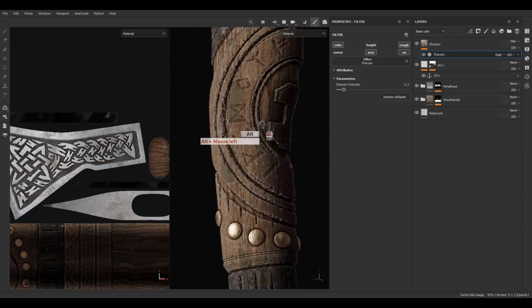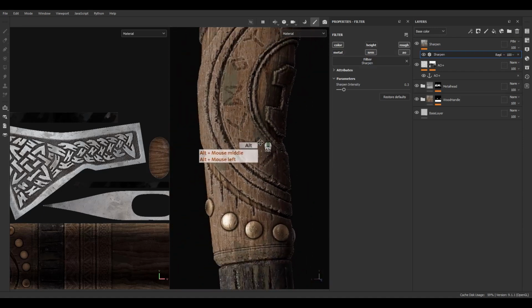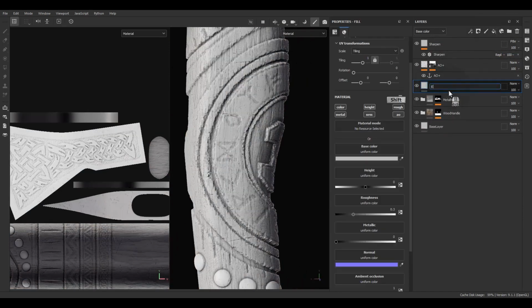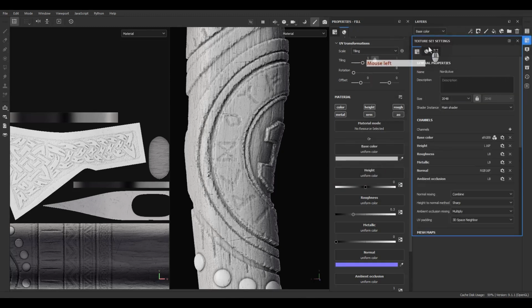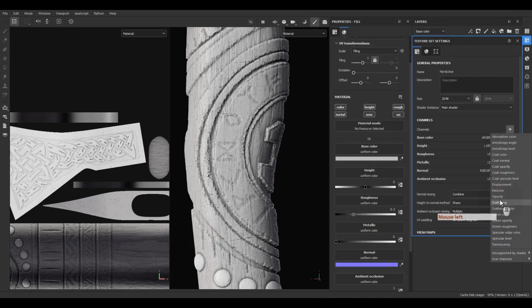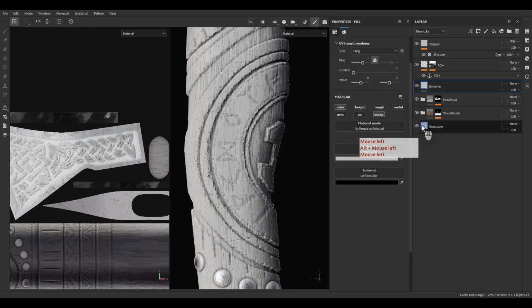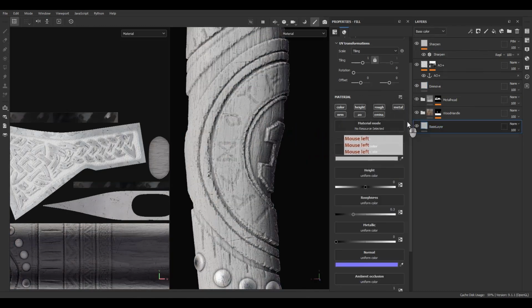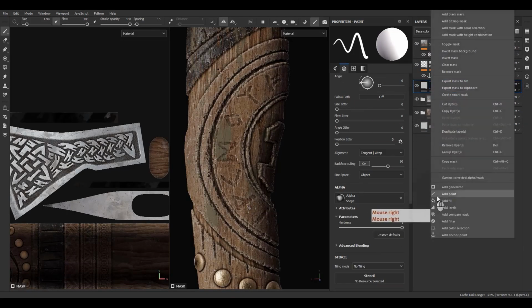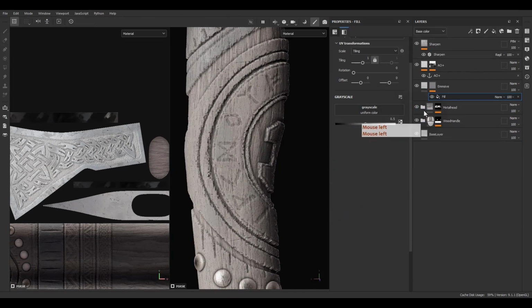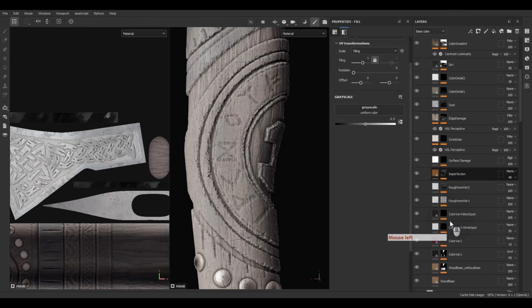But let's add some light in here for the text. So let's add a fill layer. I'm going to call it emissive, but we don't have any channel for emissive. So let's go to the setting and add emissive channel. Okay. And we just need to have color and emissive. And in here, I need to turn on the emissive for the base layer. So for this one, I just need to load anchor point related to the letter mask, but we don't have it. So let's go back to the